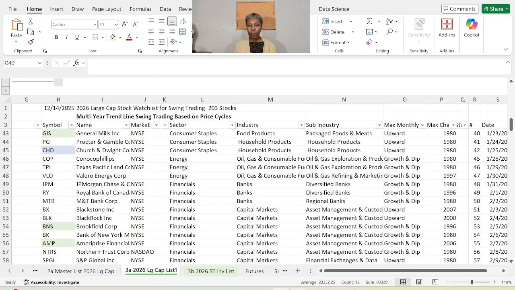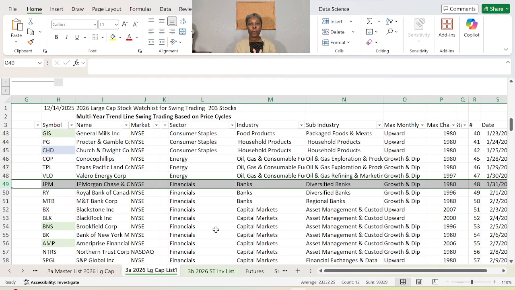Well, to create your watch list of stocks to swing trade during the year, you can start choosing those stocks maybe around October. Again, it depends on the process that I go through, working on it a little bit at a time. You can start working on it in October, November, and little by little get it ready